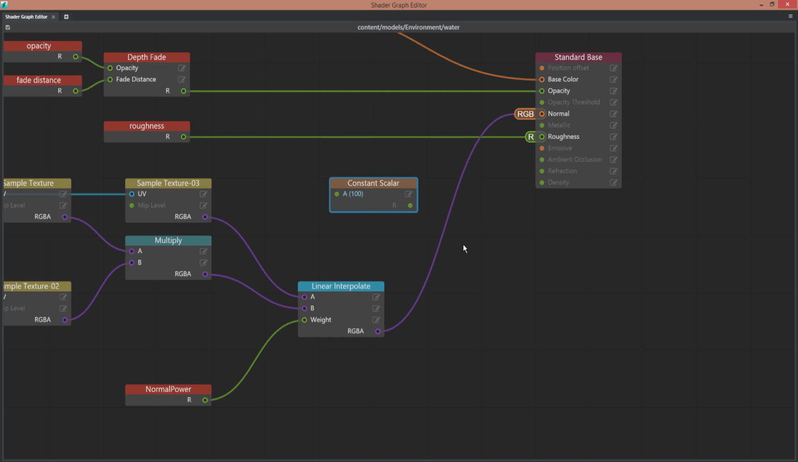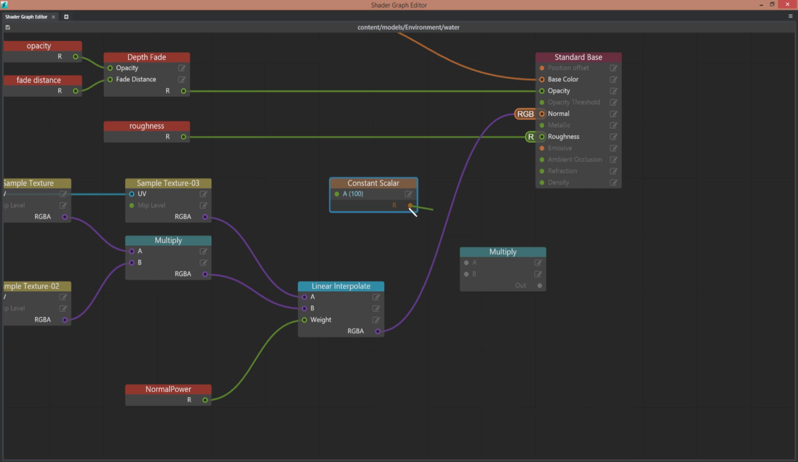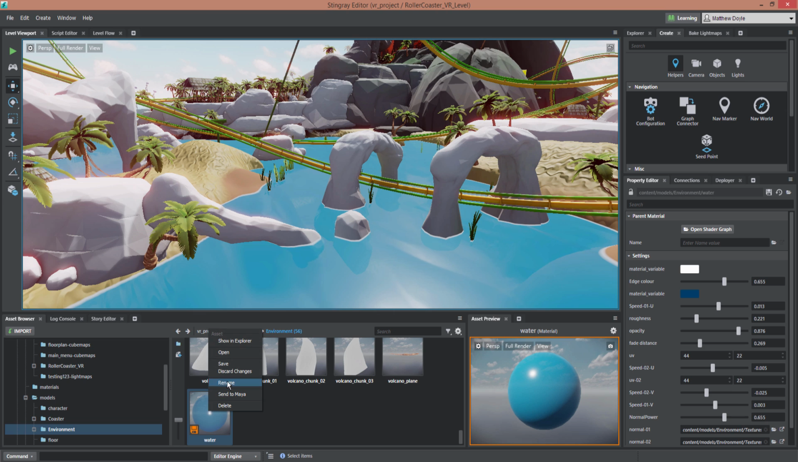Okay. Now we're going to go ahead and add the multiply. So we'll right click again and go to math and multiply. So we're going to multiply our scalar by the RGB alpha of our normal map, and then we're going to tie that straight into refraction. Okay, we'll go ahead and close this window down, and that should be it. So if we save that,